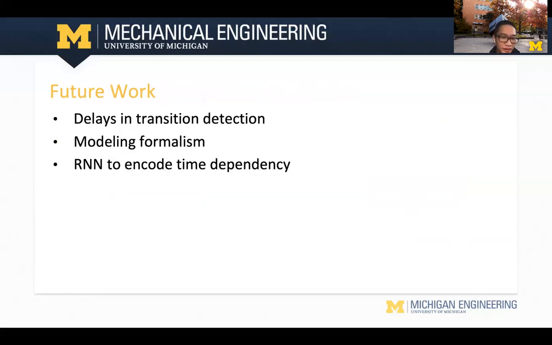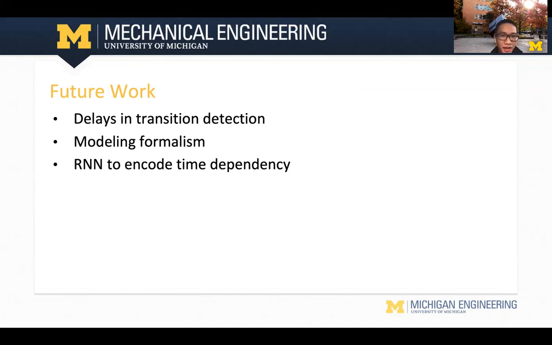And for the future work, these are the things that we want to do but didn't have time to do, because paper deadlines are real and they always feel like days away. So these are some future directions that we could take. The first one is we can potentially improve the delays in transition detection. This is very important because everything is in real time and we want the system to be as responsive as possible. So we want it to be very sharp, very quick in response.